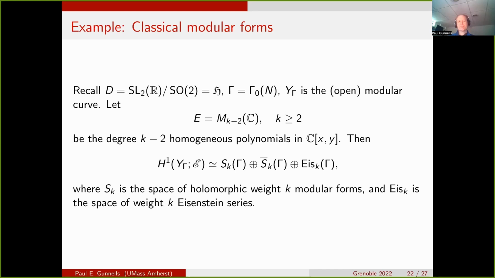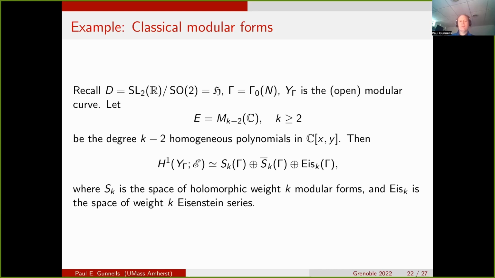Okay. So the group G(Q) acts on this. In fact, complex points act on this by change of variables. You just replace X, Y, you act on them by your matrix. Think of X, Y as being a vector, and you want to be careful, you have to act on it by the transpose. But in any case, there's an action on that coefficient system, and that gives a structure of a